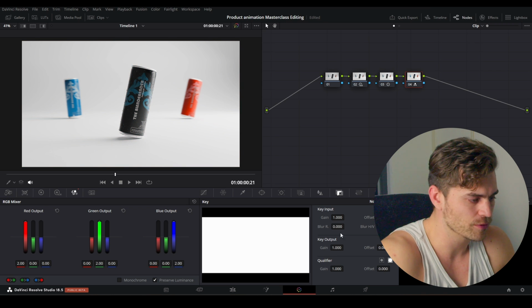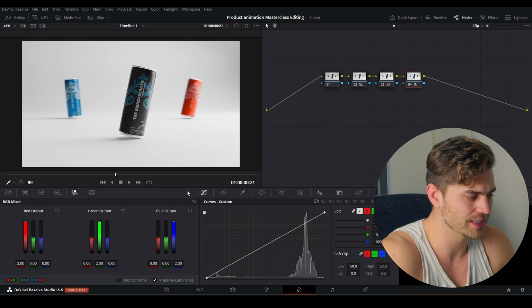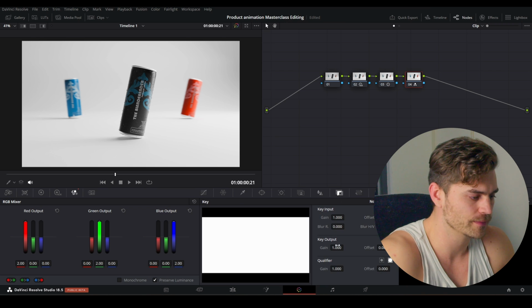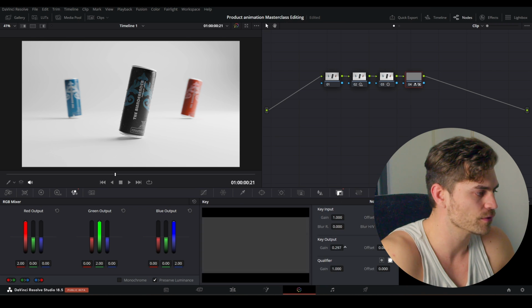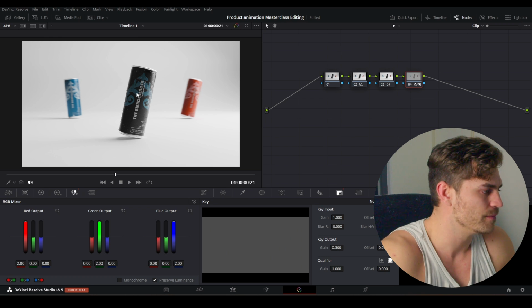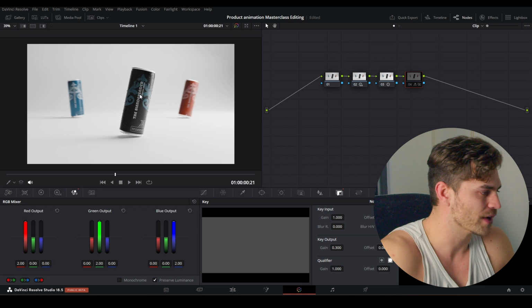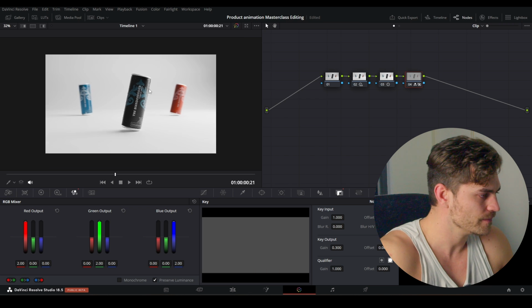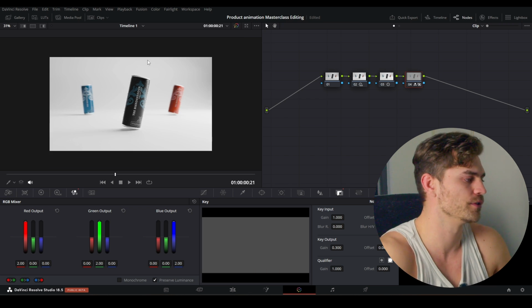So in the output gain, over here you've got all of these boxes. You can select this one and the gain you can decrease in order to get a value that you like. And I think I like 0.3, so it's a little bit more popping to the eye, but not so much that it drags from the animation. So this looks pretty good, and I'm not going to do anything else with it.